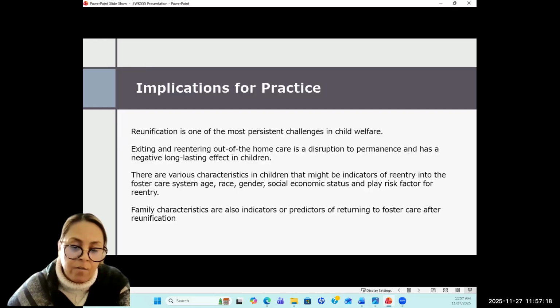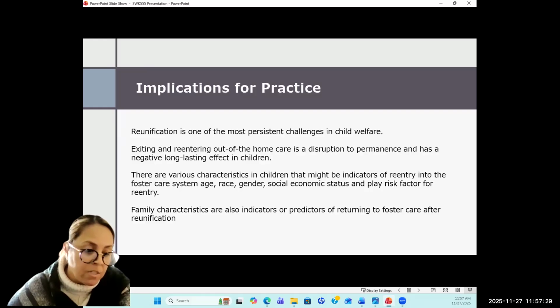Exiting and re-entering out of the home care is a disruption to permanence and has a negative, long-lasting effect in children. There are various characteristics in children that might be indicators of re-entry into the foster care system. Age, race, gender, social, economic status play a risk factor for re-entry.